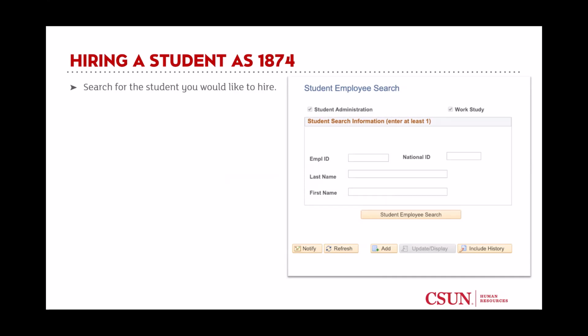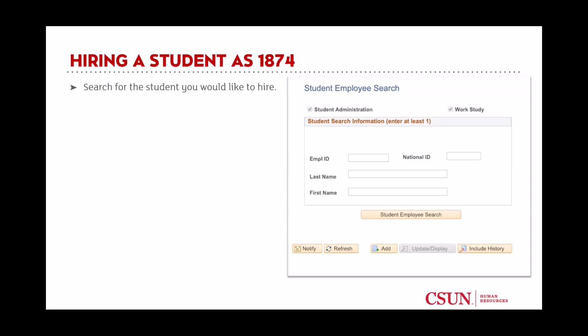You hire the wrong person, which has happened before, where departments have to hire a number of students. They get someone, John Smith, and there are probably multiple John Smiths, and you hire the wrong one, and then it causes problems once that student signs in, and they have a different employee ID number. Now we have to cancel that appointment and ask the department to hire them again.